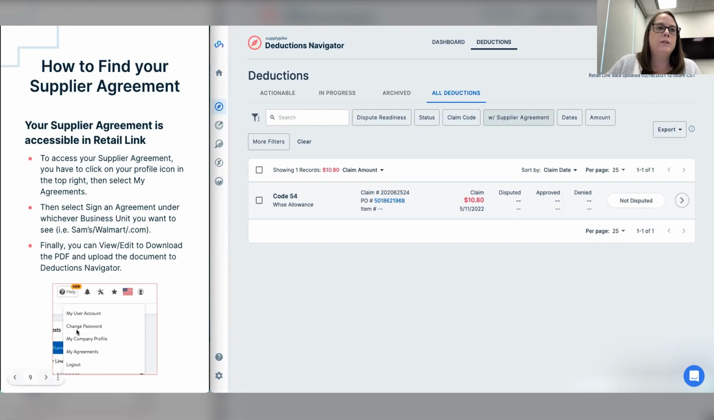And you'll notice the screenshot towards the bottom here. You're going to click on your user profile and then click on this option here that says My Agreements. From there, it's going to take you to the My Agreements screen, and you'll see a button that says Sign an Agreement. Now, I know that seems a little scary to click, but you're not actually signing anything